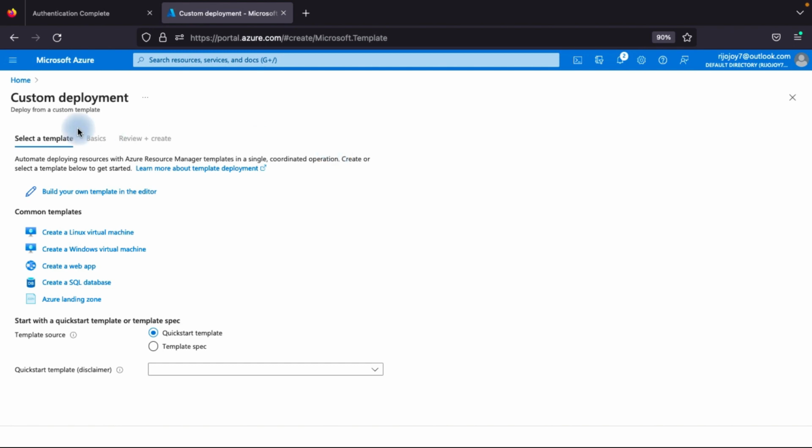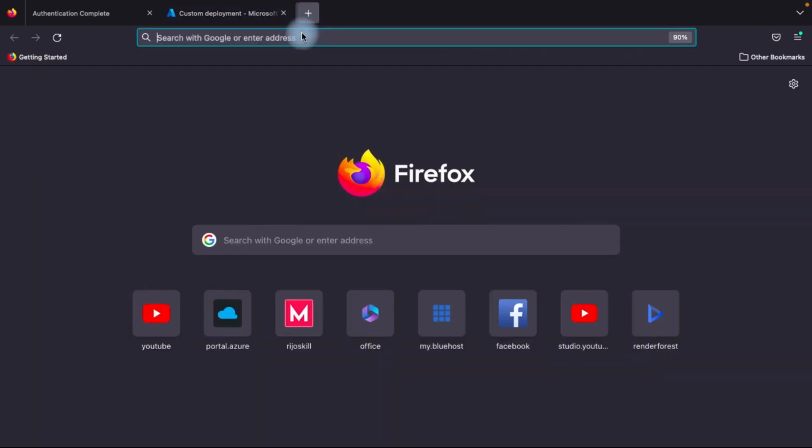So now you need to reach our custom deployment template in the Azure portal. After that, you can see here, select your template. You can build your own template, and a common template is already there. You can create and start with a quick start template. What is the quick start? You can copy this one. Go here, Azure